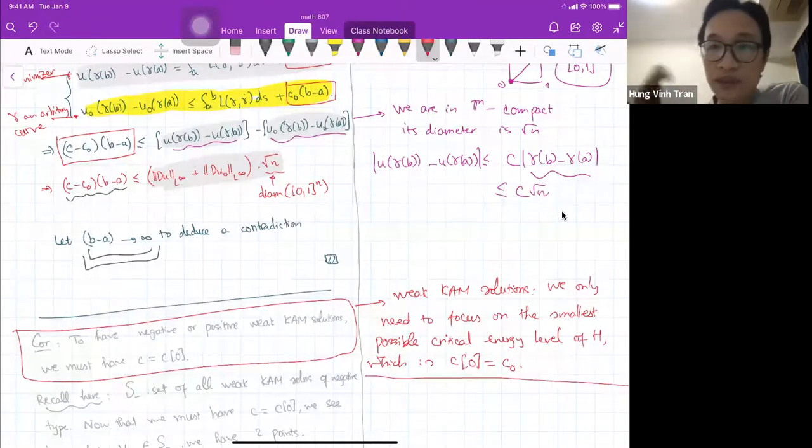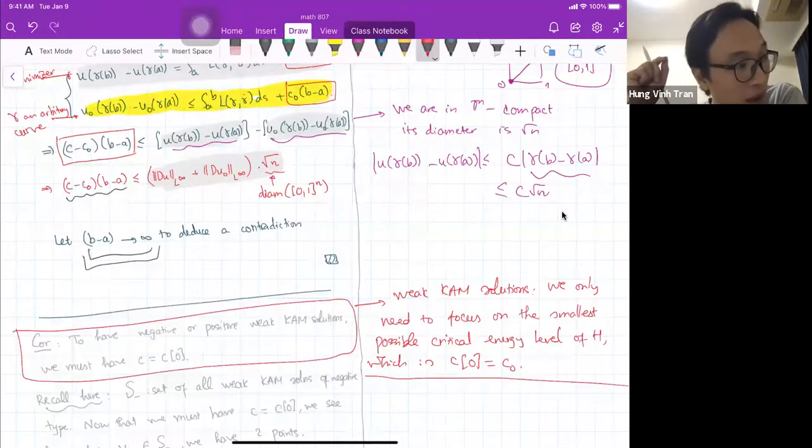Again, it looks very simple because we have developed step by step until this point that the result suddenly becomes rather elementary. But I wouldn't say so, right? If we had this claim from the beginning, if I only introduced to you the definition of weak KAM solution and told you that C has to be C naught, then it would be quite unclear. But after developing everything step by step, I hope that is clear.